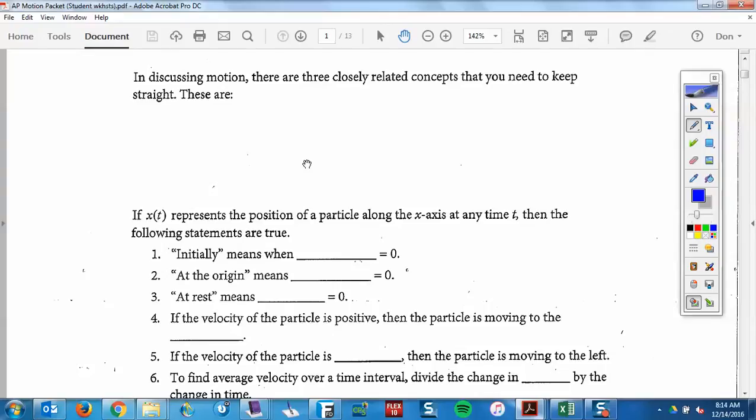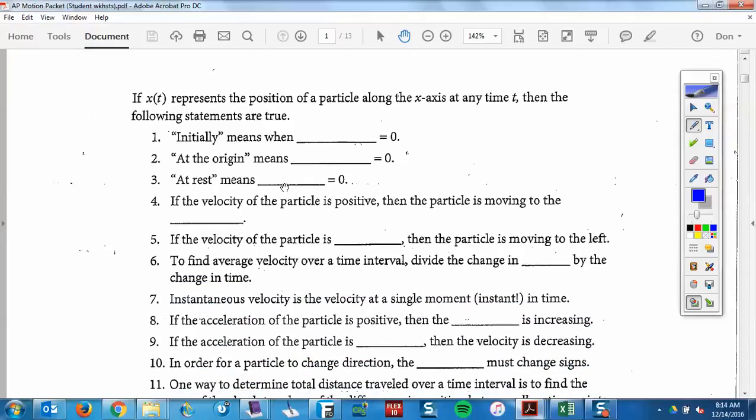This is just going back and revisiting these ideas, and to be honest, just getting better at it. We're going to look into the technicalities a little more and dig a little deeper, so we get more solid in our understanding of all these connections. So if x represents the position of a particle on the axis at time t,